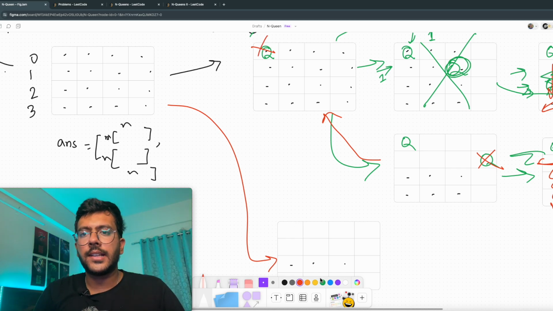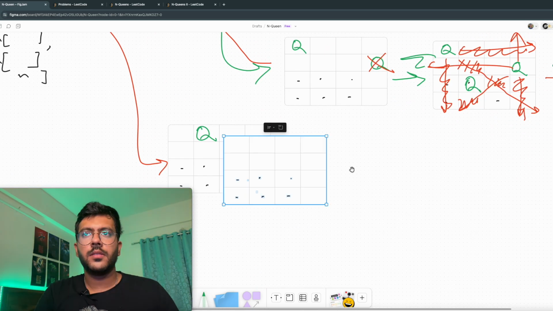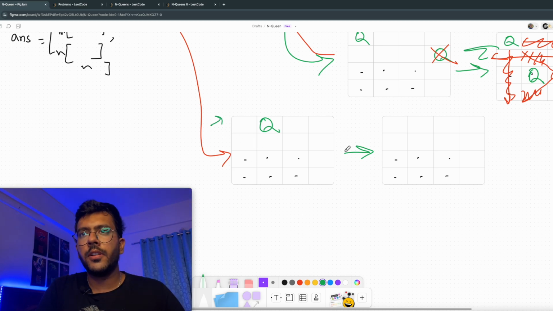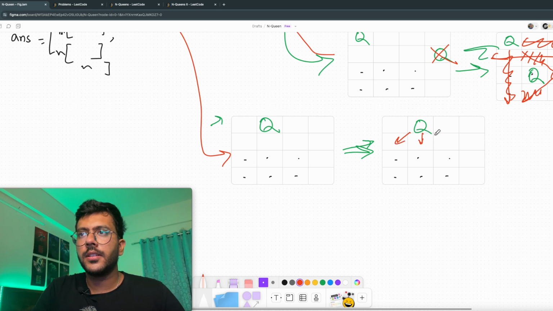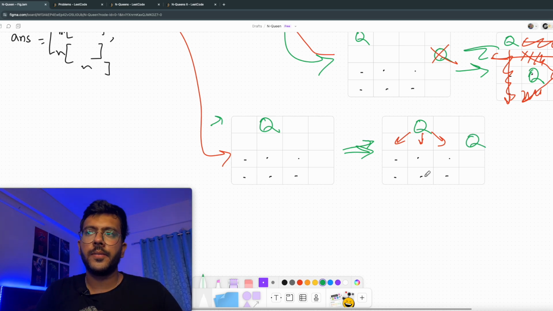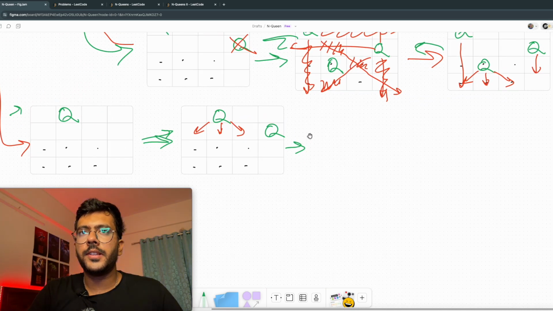This position was unacceptable. Let's try what if the queen is placed here. Now we looked at this row. Now we will look at the second row, and we will try to place the queen here, which is not possible since the first queen can attack. The first queen can attack these three positions. So the safest place for my second queen is here. Now after this we will move to the placement of our third queen,